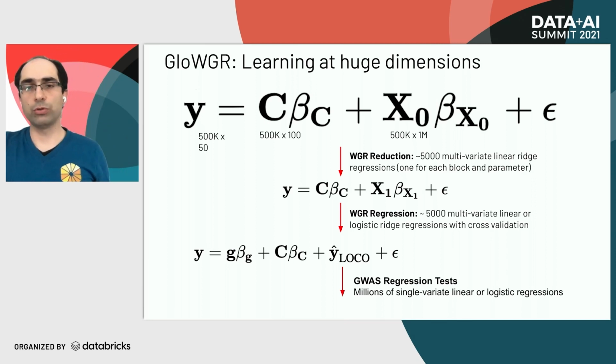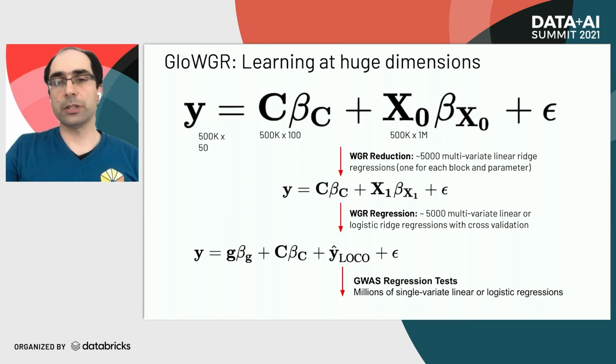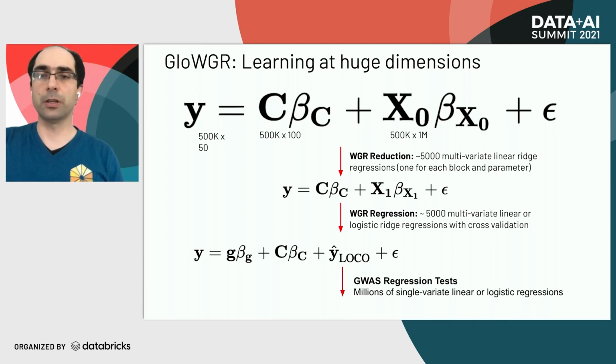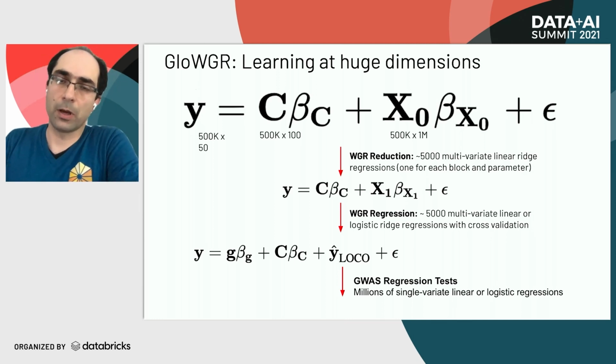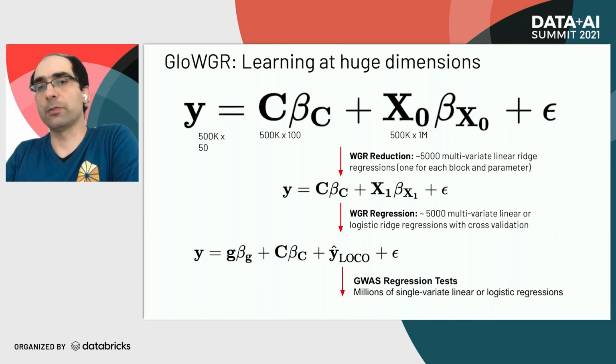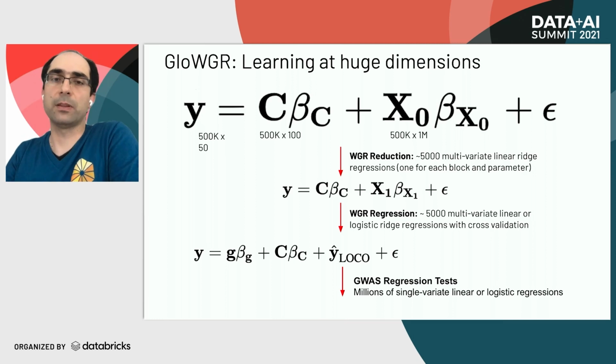How this is done is through two steps, one called reduction, one called regression in our code. During reduction, essentially this huge matrix is blocked across the rows and columns into specific sizes of block that can be set. Let's say, for example, with a customary blocking that we do, such a matrix can be split into 5,000 blocks, and then we do multivariate linear regression on each one of these blocks. As you can see, there is a lot of computation that has to go into this, because these blocks are still quite large, but the blocking makes it possible at least to do it using the Pandas